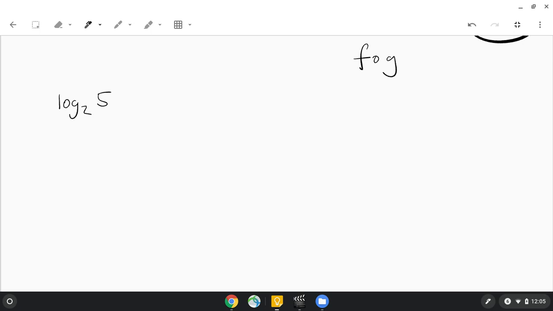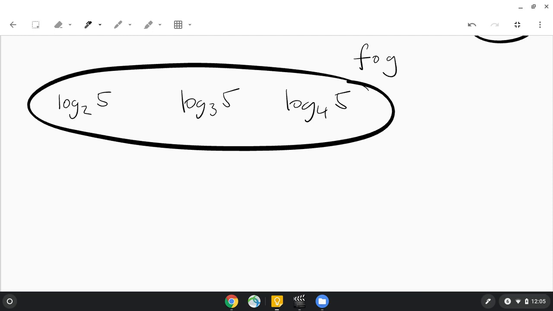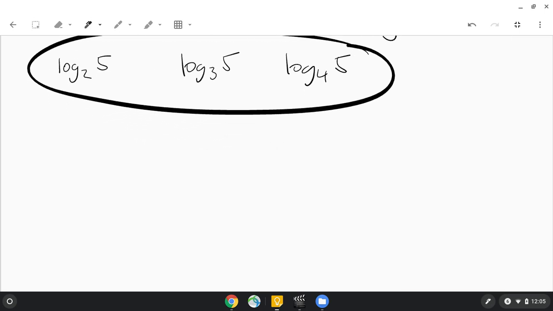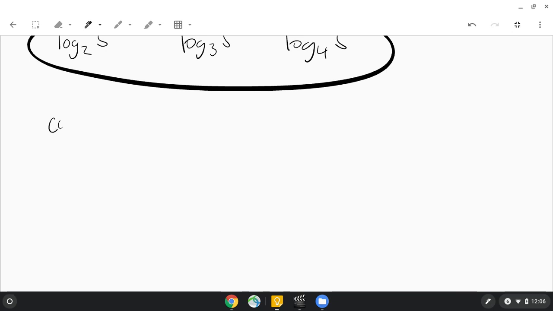Now if you take a look on your calculator, you'll notice that you don't have log base 2. If I wanted to do this one on the calculator, I don't have log with these different bases, right? So what happens is you have 2 buttons on your calculator. You only have 2. You have the common log,